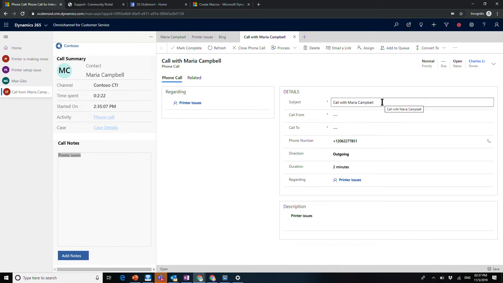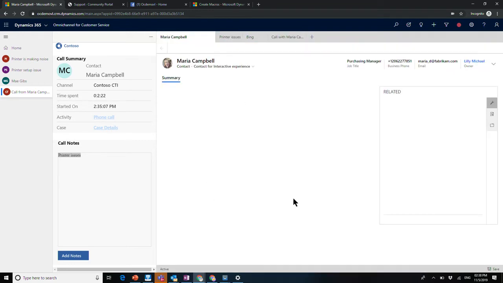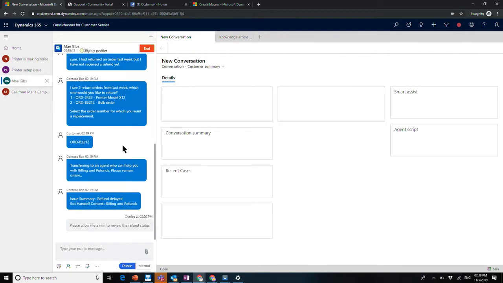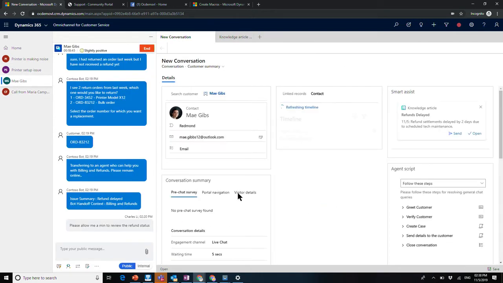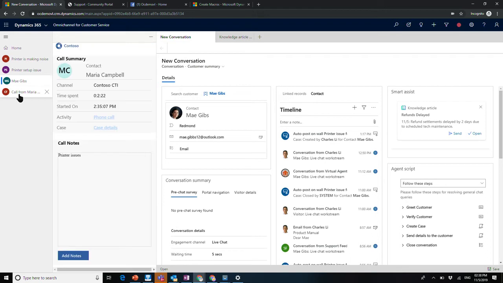So there are APIs to open things inside a tab, where you can look at printer issues. I noticed that the direction is incorrectly outgoing, so I can change it to incoming. I deliberately kept it so that I can make the change here, save it, and it will work fine, right? So that's the idea, that you can make further changes in the system. You can always switch from one session to another session. All these are available. So this is a very quick, succinct demo of how this channel integration framework version 2 works and how it is different from version 1.